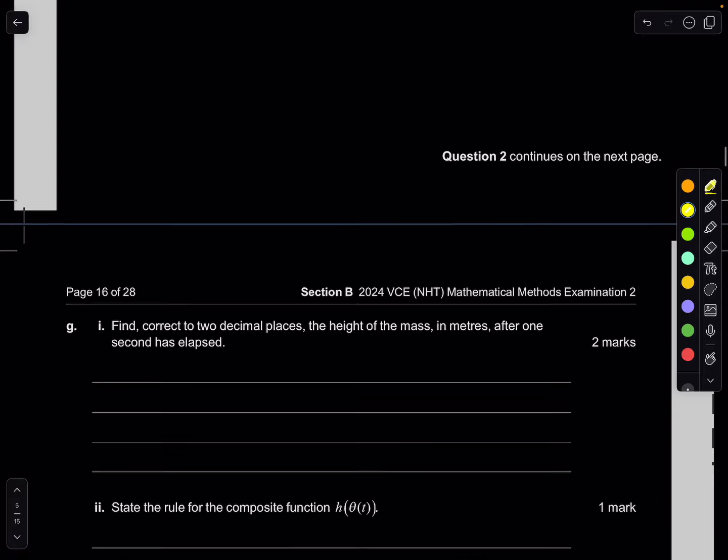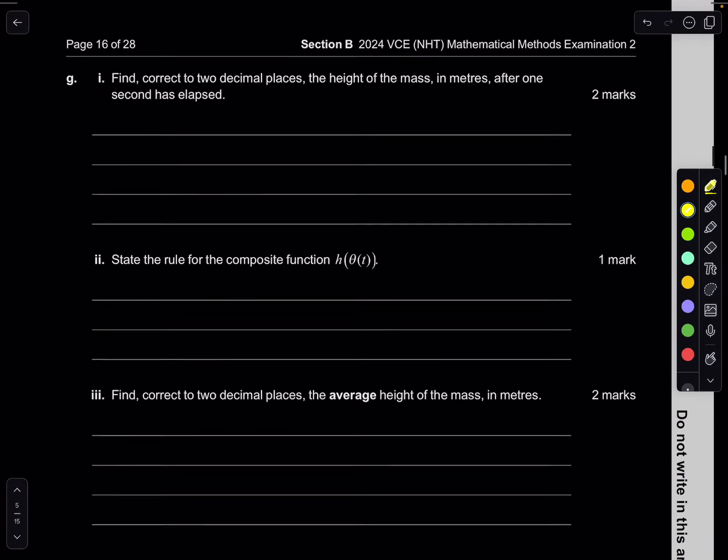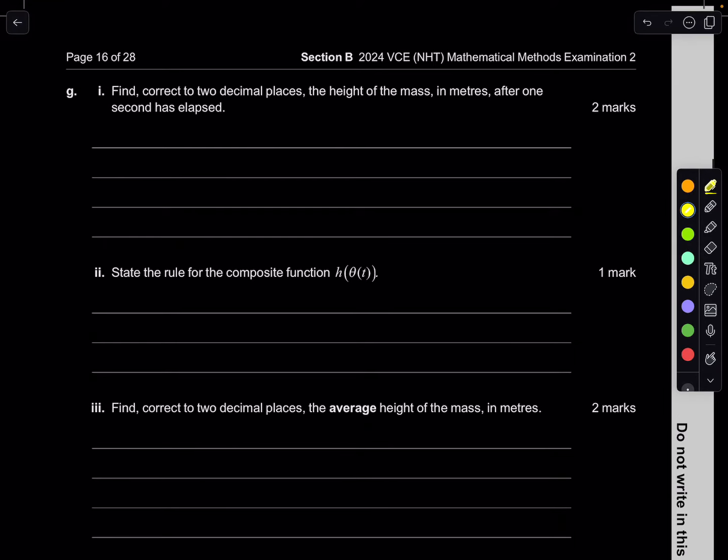That's it. Oh, we have more of the question. Wow. G. Find, correct to 2 decimal places, the height of the mass in meters after 1 second has elapsed. Easy. So, to calculate the height, we have the height formula. But the height formula is in terms of the angle theta. So, height of theta. We have this, which gives us the height at any angle. So, we need the angle. But easy. We know the angle. We have the angle